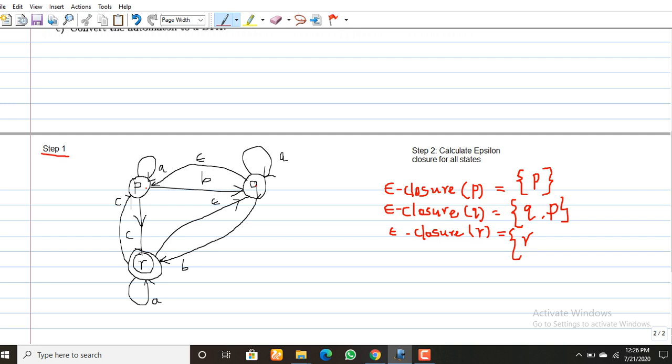Then coming to the state R, once again you have to check: is there any null transition from R?